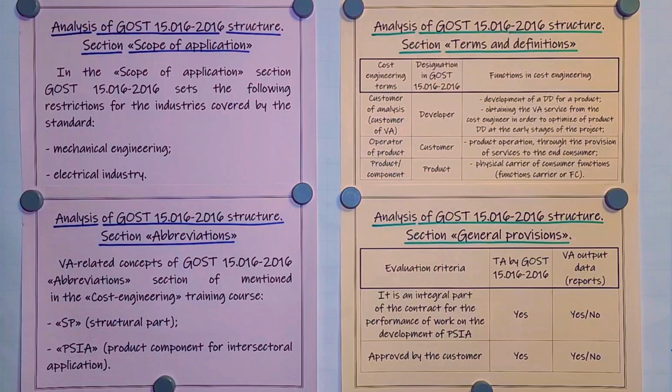In the section on abbreviations in the context of value analysis, perhaps only two abbreviations are used: structural part and product component of intersectional application. It's a very specific abbreviation. It's used only in this GOST. For the abbreviation structural part,